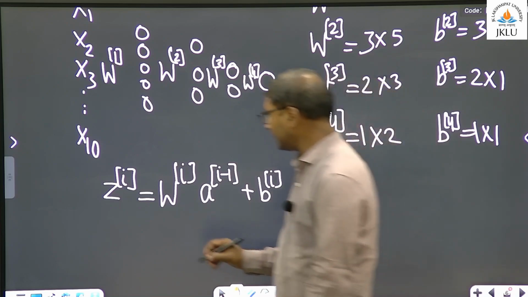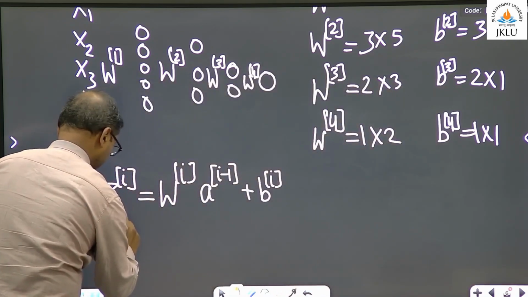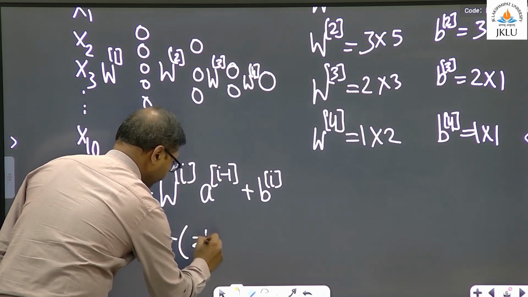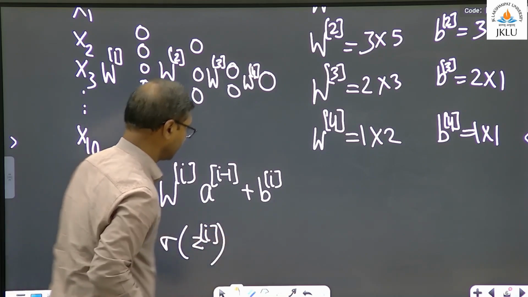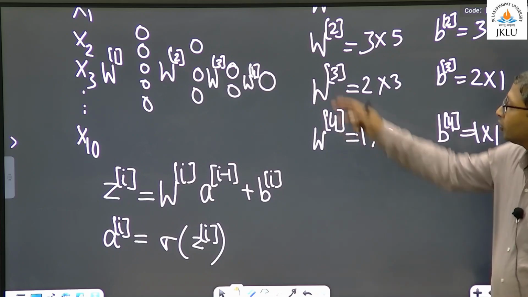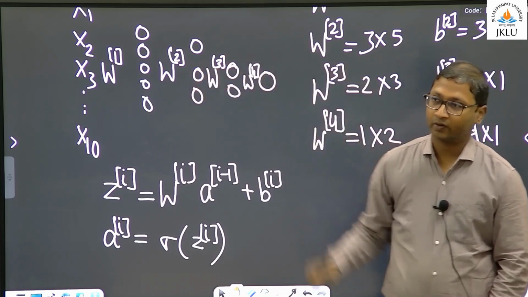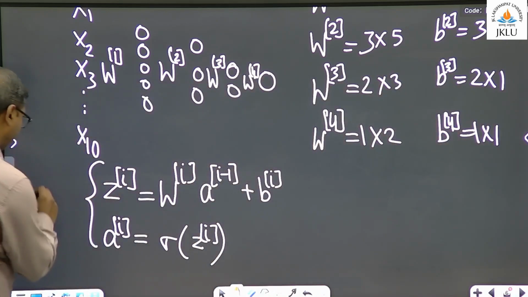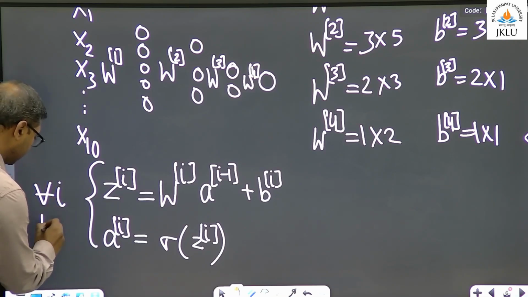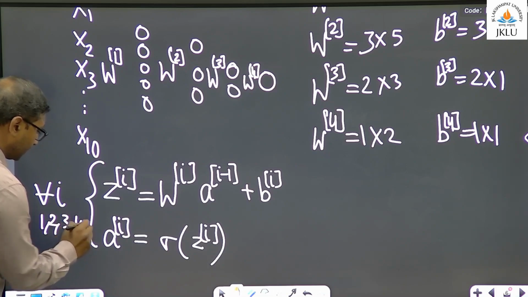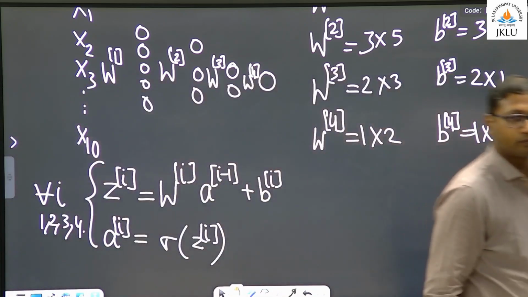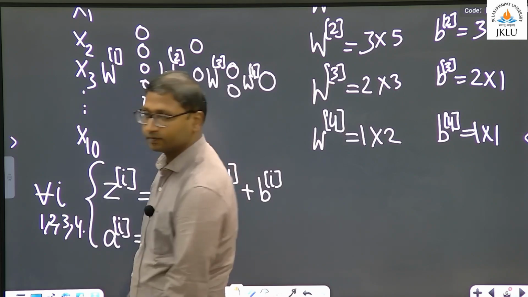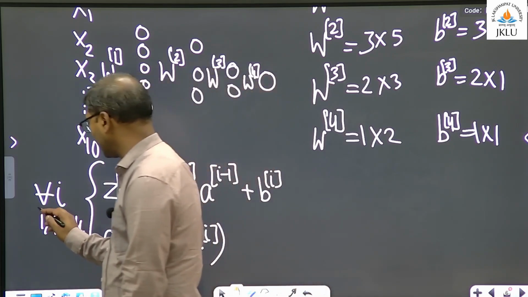And what will be Ai? Sigmoid of Zi. And you don't have to write it for all of them now. Now this happens for all i, 1, 2, 3, 4. I could have been more formal, but okay. For all i in